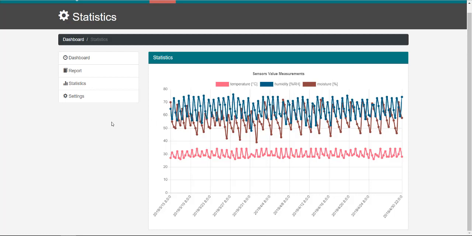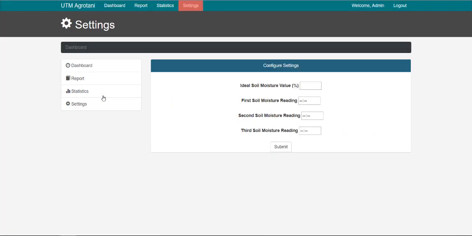Next, I will navigate to the settings of the hardware device by clicking this button. As you can see, every text box will display all the data that has been entered by the user accordingly. Like previously, there is an ideal soil moisture value that has been set, like 45 percent is the ideal soil moisture value for the plant, and also